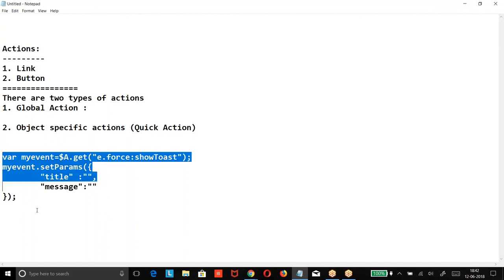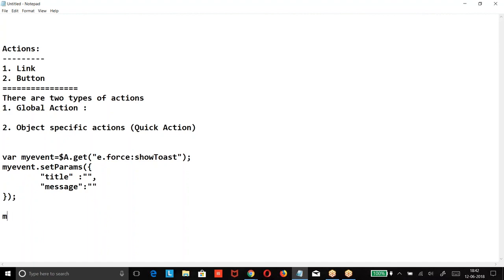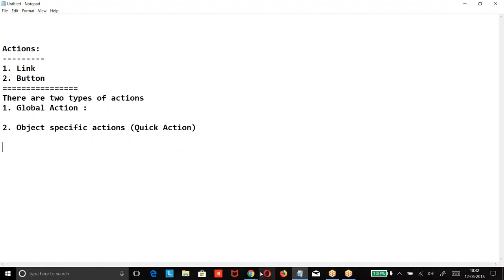Once you create it, it will not fire. We are supposed to fire it. myEvent.fire. So what is this toast message? e.force:showToast. Set the parameters. What is the message you want to print? Fire the event. Right.